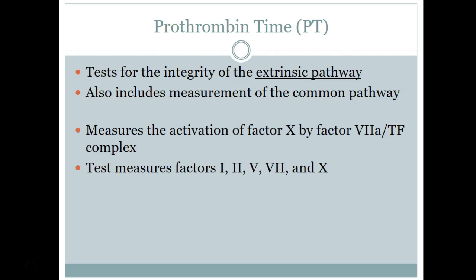Again, it's testing for the extrinsic pathway. So that's going to include your common. So again, the factors involved in extrinsic is 7, and then your common 10, 5, 2, 1. This is where knowing those pathways is so key. Knowing what factors are in each pathway really helps you. So it will test for those factors, and